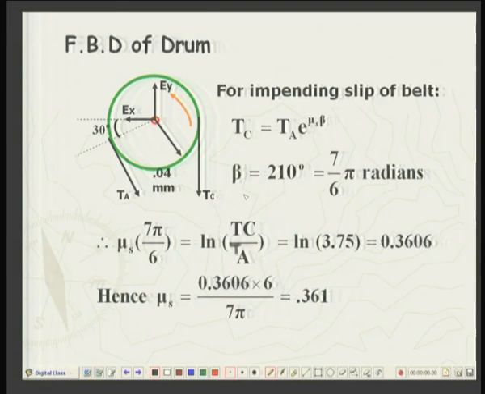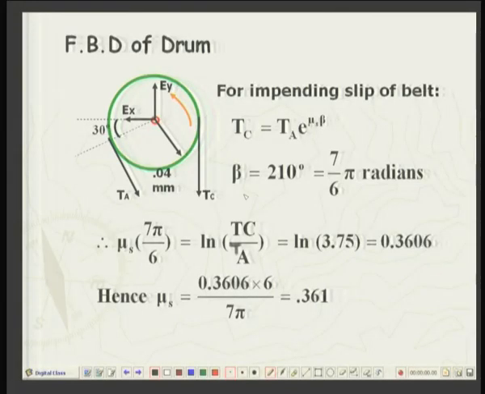And since we have already determined this ratio as 3.75, so log of 3.75, which comes out to be 0.3606, and from here we get the coefficient of static friction to break the motion of the drum, to bring it to stop, that comes out to be 0.361. So, that is a very practical example of